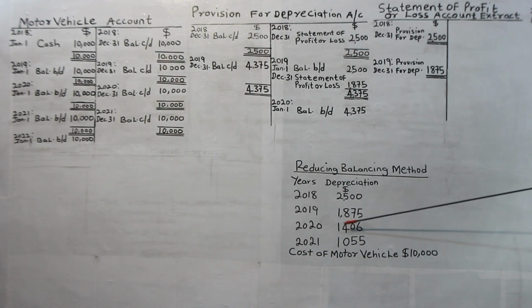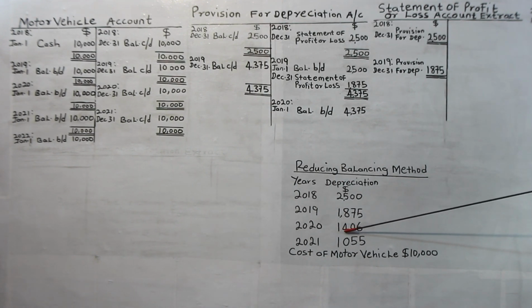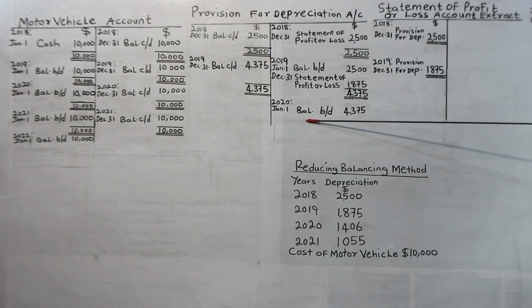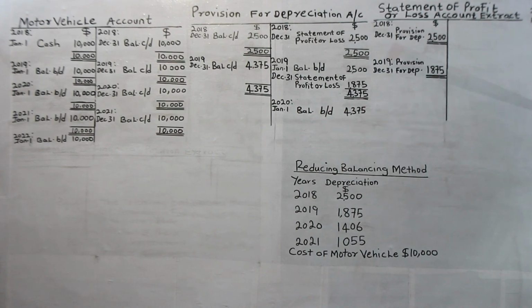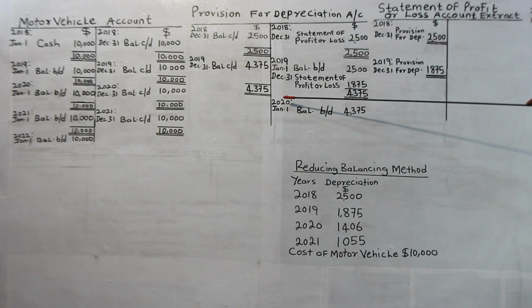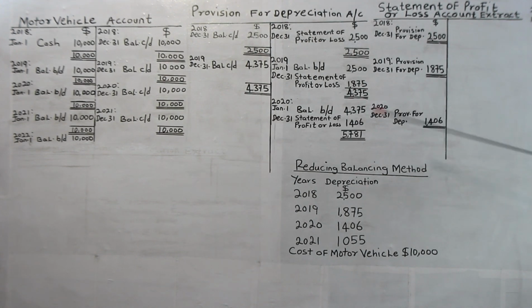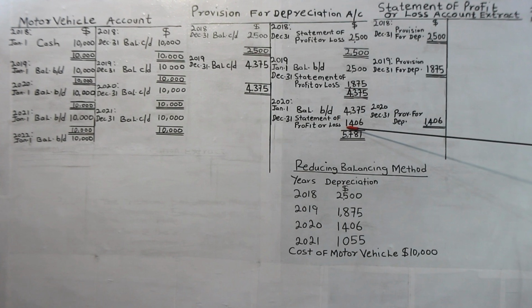The depreciation for 2020 is 1,406. And we're now going to credit it here as a transfer to the statement of profit or loss account, and the statement of profit or loss account will be debited. That should be as at 31st December 2020. Now we credit the provision for depreciation account with